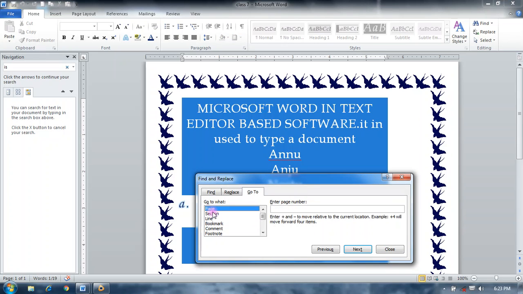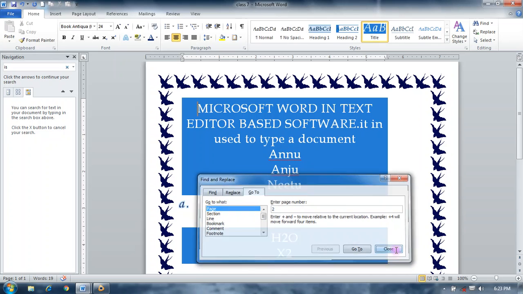So you can select any option as your requirement. The cursor is here, which means it is page number 2.